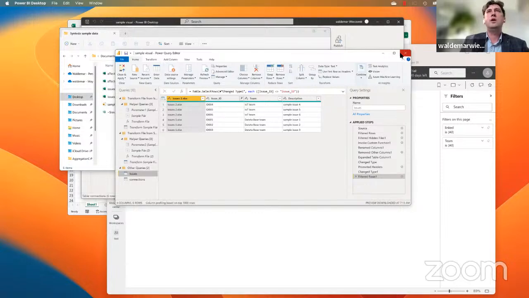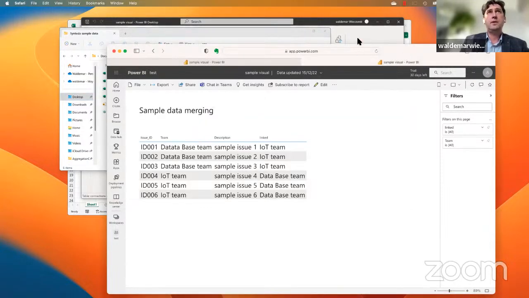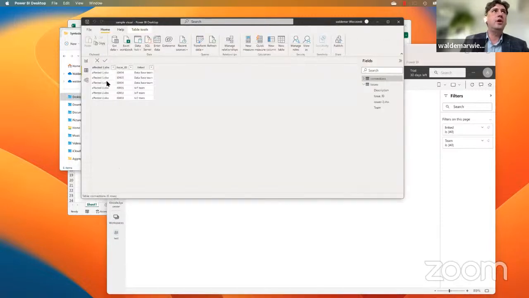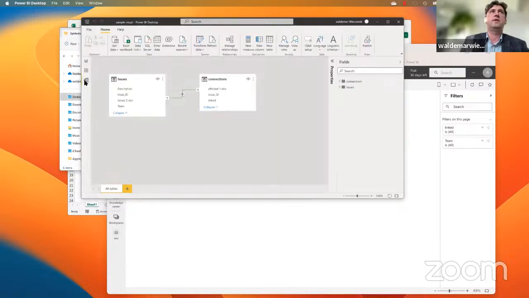And then you have this Power Query Editor, and then you have data. Good. So this is data view. You have this view. You have connect. You can connect them, as you may think that this issue ID is the same as issue ID here. So you can connect it, no problem. You can tell Power BI that these two tables can be